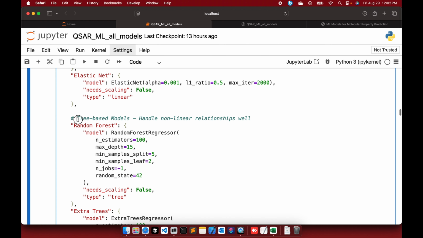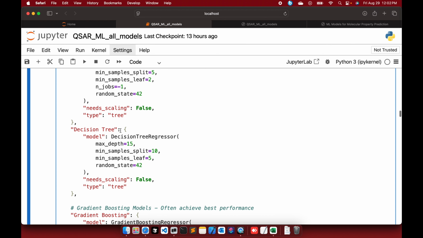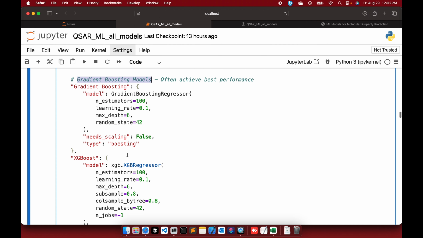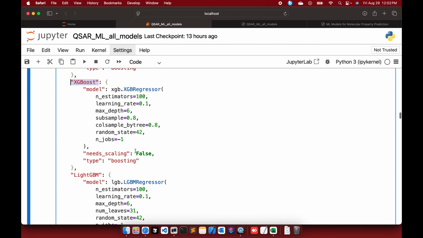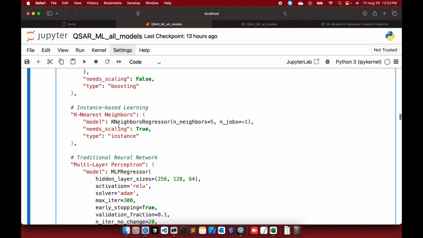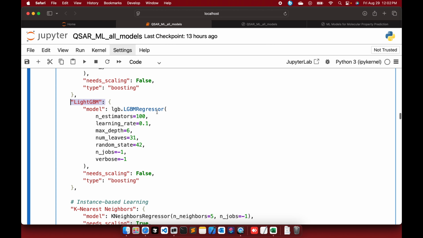And these are the tree-based models that you are going to feed, which are the random forest, extra trees, decision trees, and also some of the gradient boosting models, which are gradient boosting and XGBoost. These are some of the simpler models, LightGBM, etc. And this is based on the k-nearest neighbor method, and also these are some of the basic machine learning